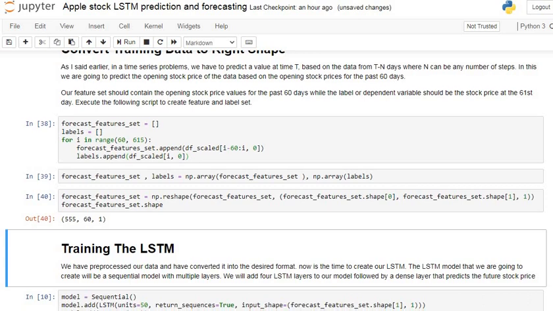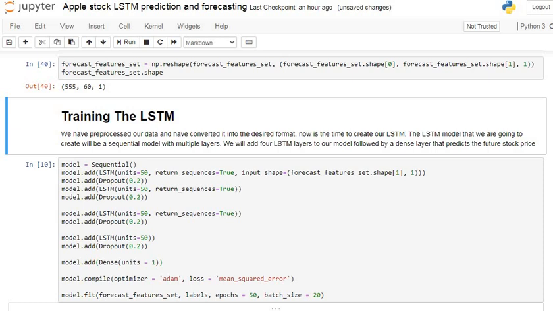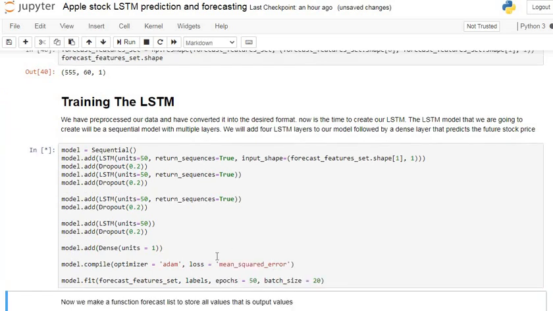Now we are going to train our model. Before that, we make our data in three-dimensional format. First is the total number of rows, second is the total number of time steps, and third is the total number of columns. So you can see here we reshape our data into these three dimensions. Now we are going to train our model. We have pre-processed our data. First of all, we are going to train our model because it requires some time, and it is so time consuming. That's why I already did it.